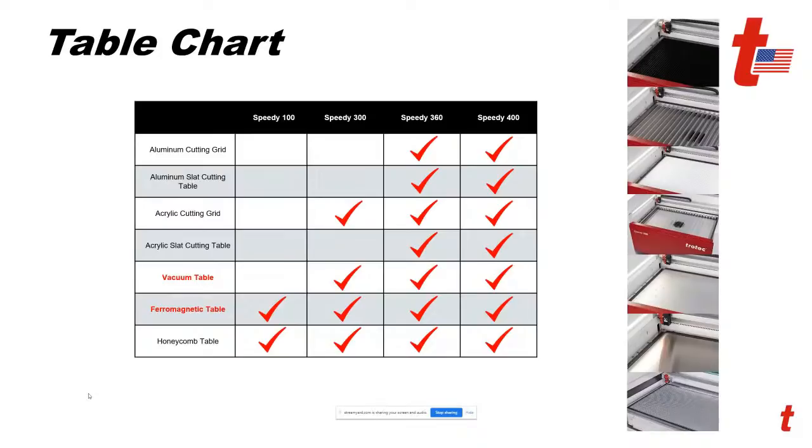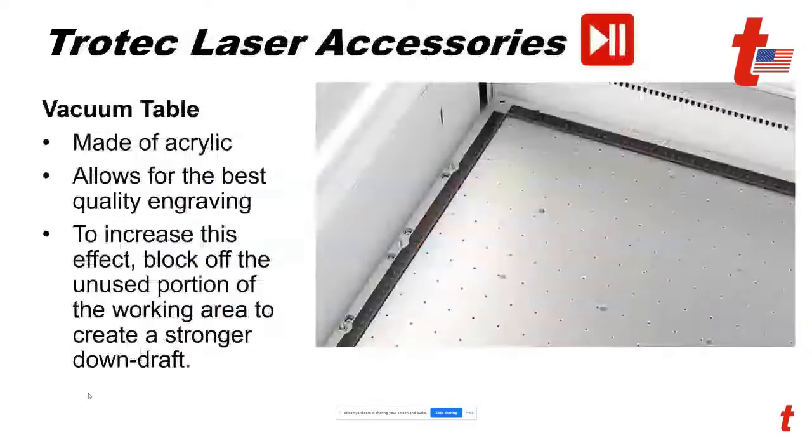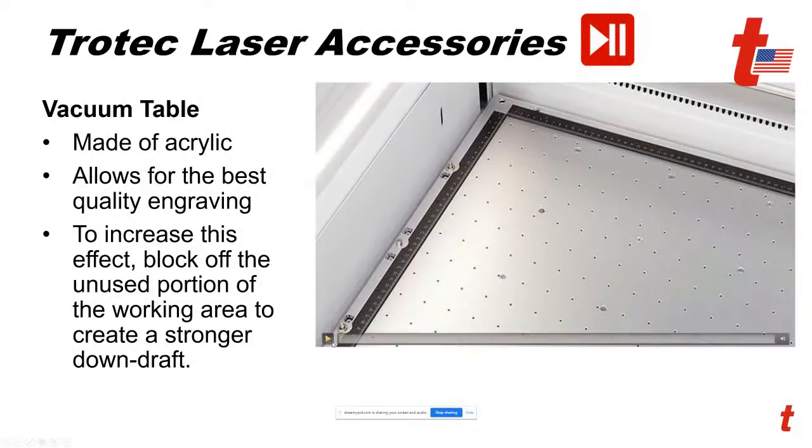I do like sometimes the slat tables too, because you can kind of drape the fabric through the slats in the area that you're not cutting, and you can even put weights down below to kind of hold them and stretch them over the slats. And so it allows you to kind of hold it in place as well as cut it. And so it is a great solution as well. So lots of different solutions here on accessories to kind of make the best possible solution for different types of apparel or fabric applications. So here's a little video here